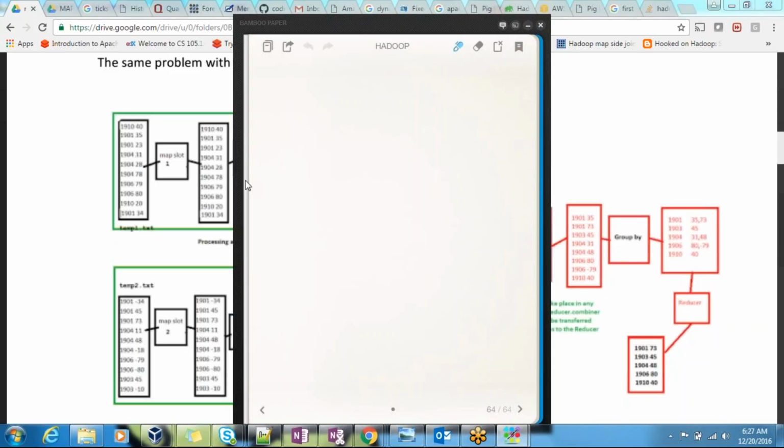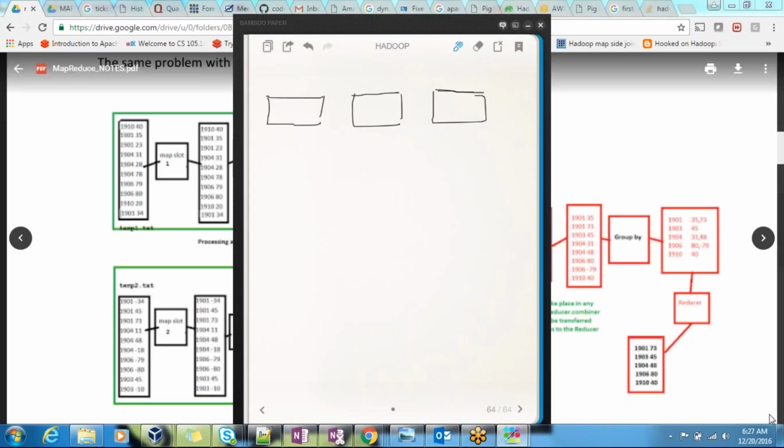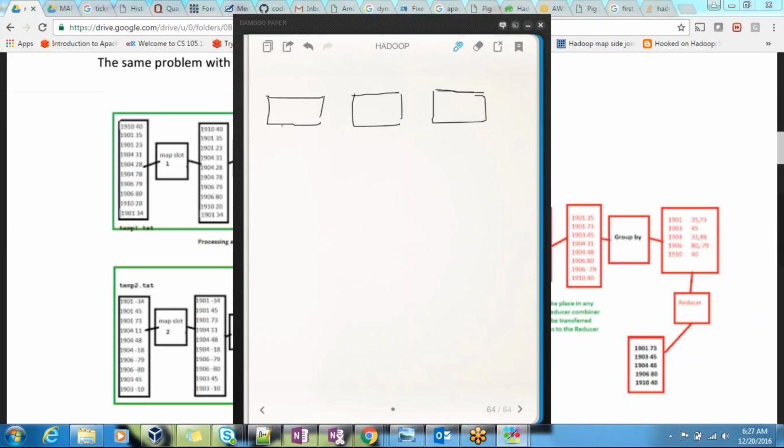The combiner. Let's say I have data node 1, data node 2, data node 3. Is there any possibility to launch multiple mappers in data node 1?